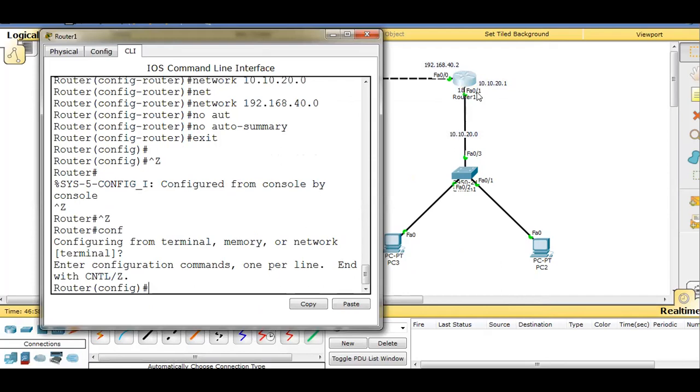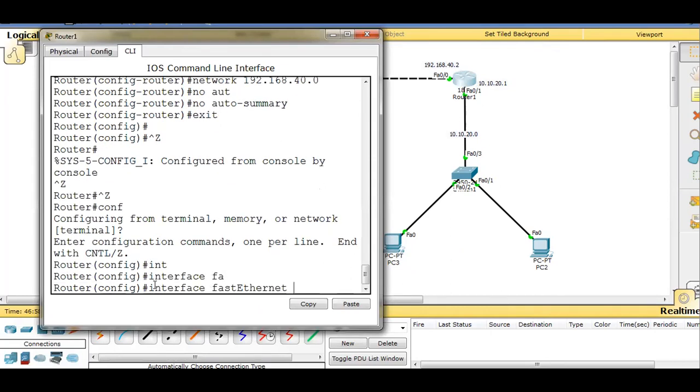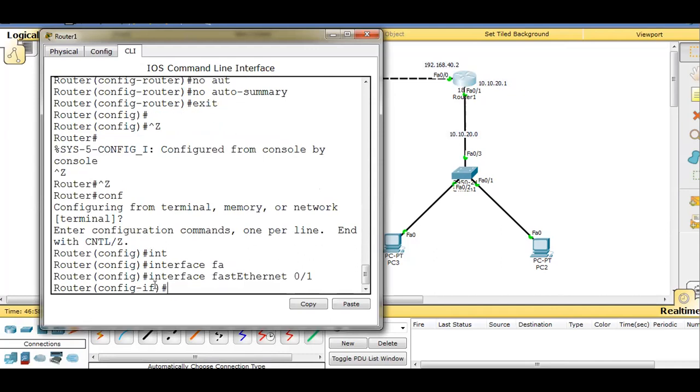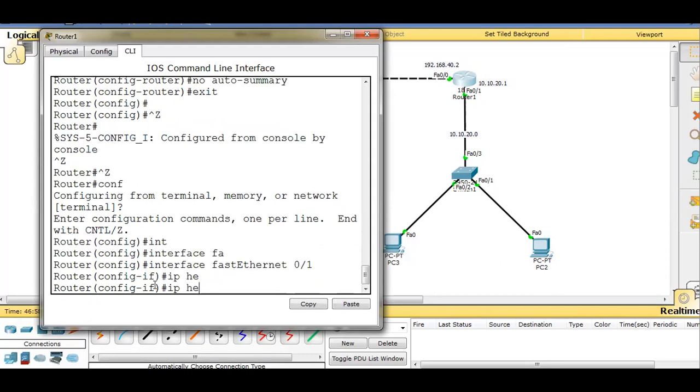Here, the port is FastEthernet 0/1, which is facing towards the PCs. So interface FastEthernet 0/1, and this is the command that we use for the IP helper address. So ip helper